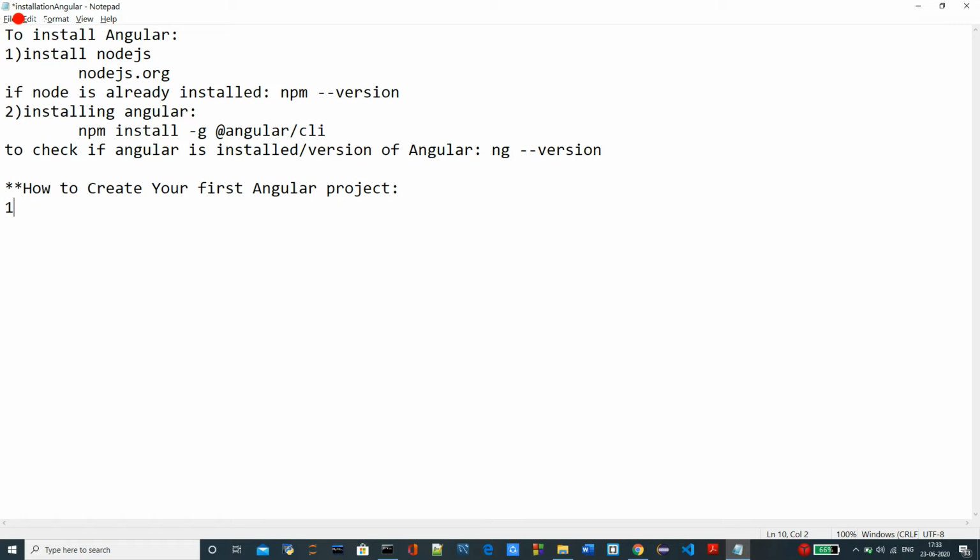So the command for this is ng new followed by the project name.